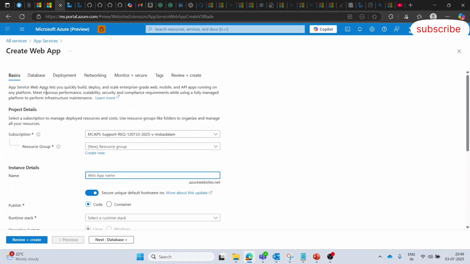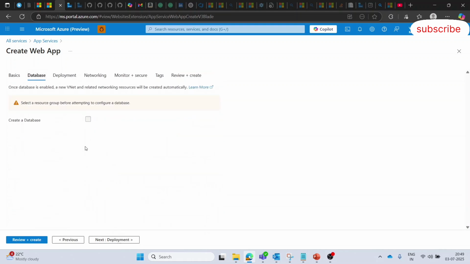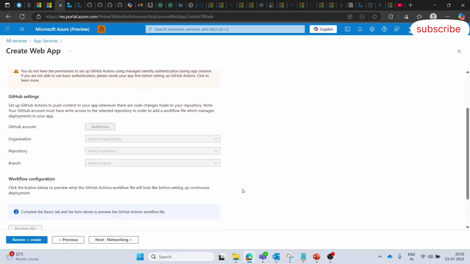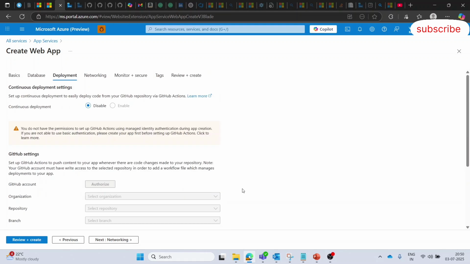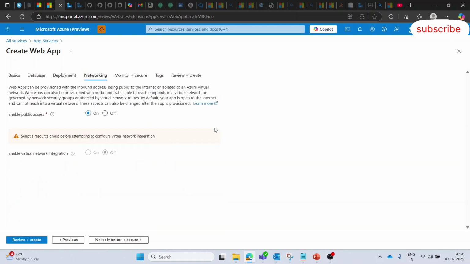Inside that, you just have to ensure your databases, where you want to store the data related to your web app, and the deployment, in which environment you want to deploy. Then you just have to create your code, build your application, and host your application on these web app services.